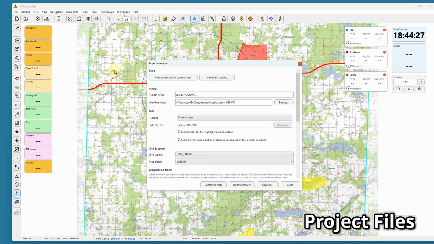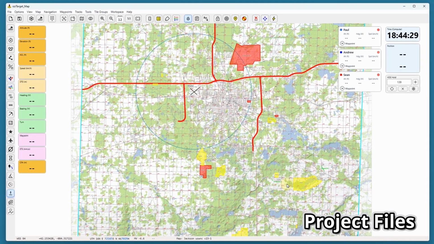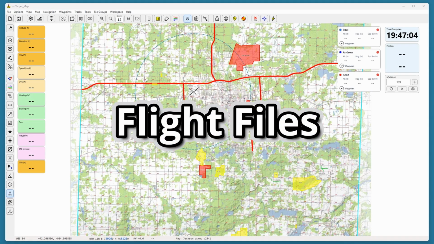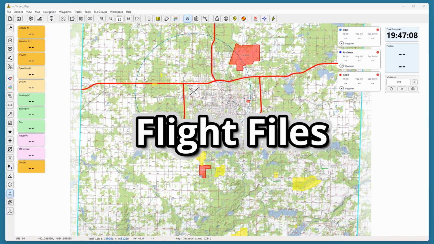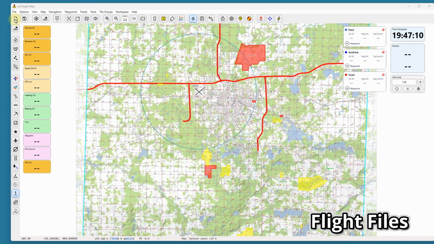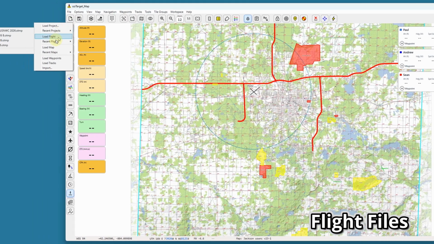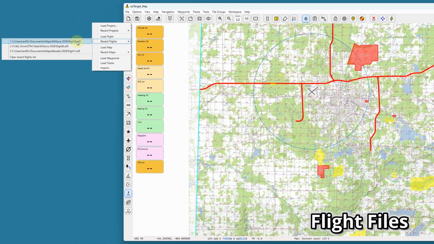Use New Flight at Startup or from the Options menu to reload the last project, clean and ready to start flight planning. You can also load waypoints or tracks from an OTMP file via the Load Waypoints or Tracks menus if needed. Finally, flight files. A flight file captures everything on the map right now for later review or resuming a flight. The map link, tracks, waypoints, flight winds, wind reader data, live tracking and much more are all saved in the